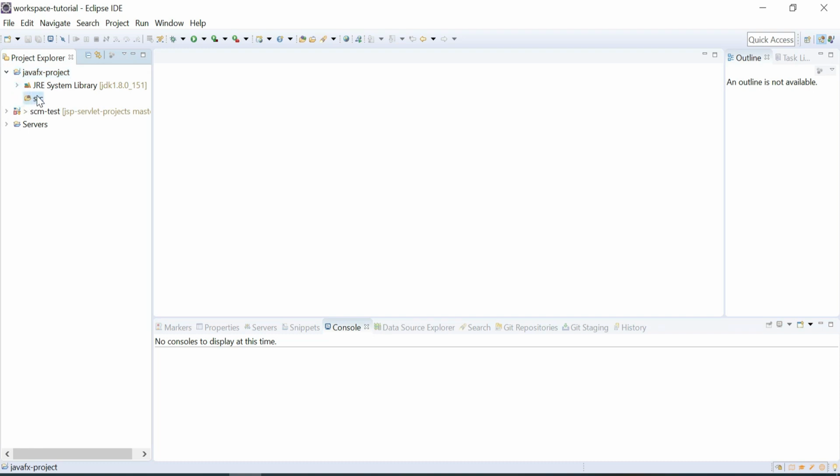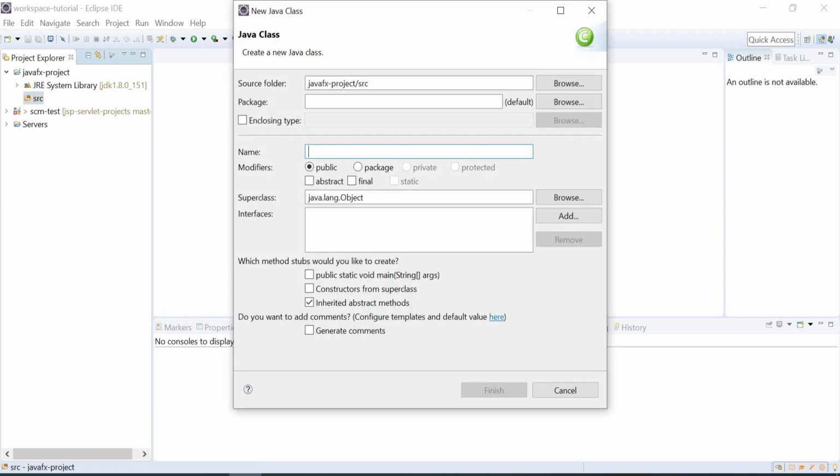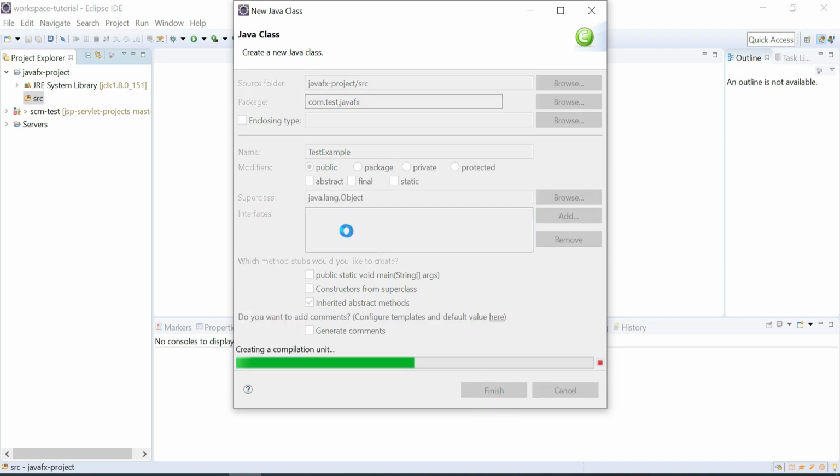So let me create one Java class so that I can tell whether JavaFX is supported or not. It's good to use GUI tools because we can develop the project faster compared to the normal development way. So for learners' purposes, I will show you the normal development here by coding.